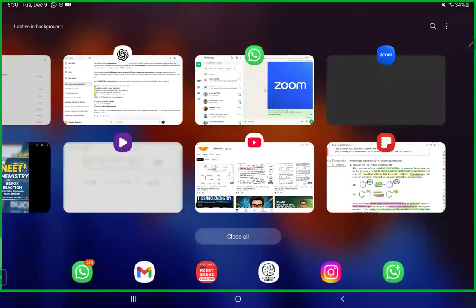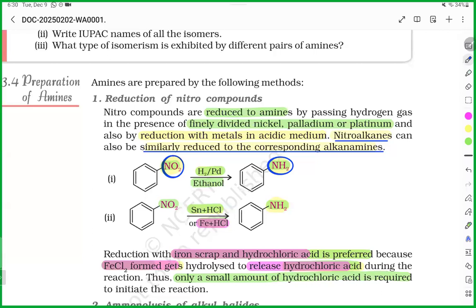Come to this point. As I mentioned, reduction means addition of hydrogen, removal of oxygen, addition of electropositive element, removal of electronegative element, decrease in oxidation number. Here, because we are adding hydrogen or removing oxygen, it is a reduction. To the amine, how is that possible? You add hydrogen, it will convert, but you need some material to proceed with the process. You can use this. Samarth, now tell me,